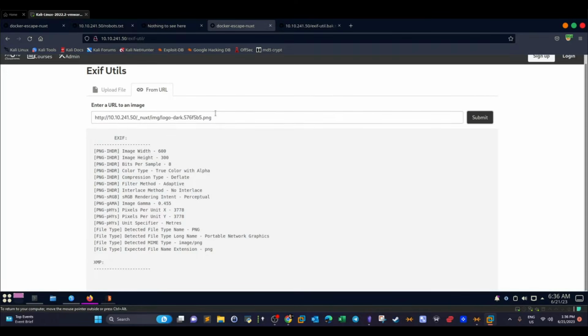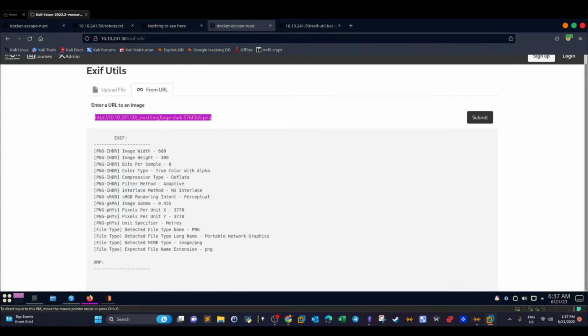Okay, that's good. Now this is the basic functionality of this. So there is something running the EXIF tool maybe on the input we supply here, the image. So the EXIF command is running. If we try to run something different, let's try to run a remote image. If we are able to display the EXIF information of a remote image, okay, it means we have an SSRF